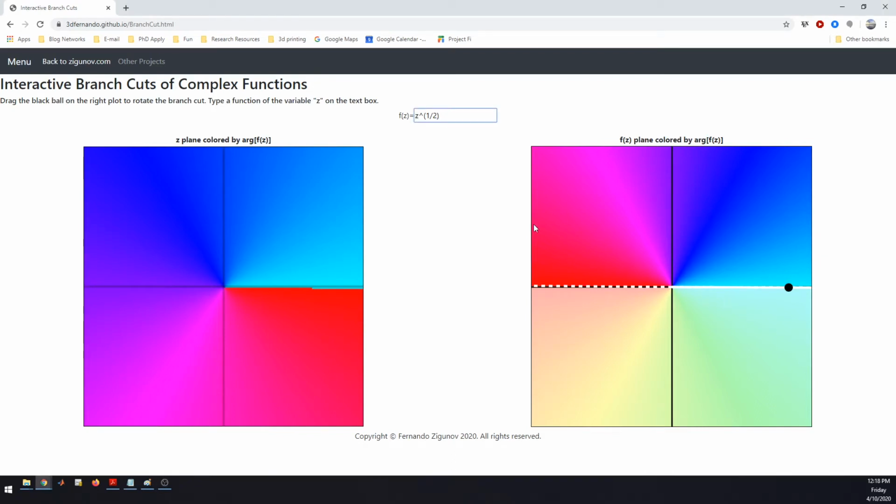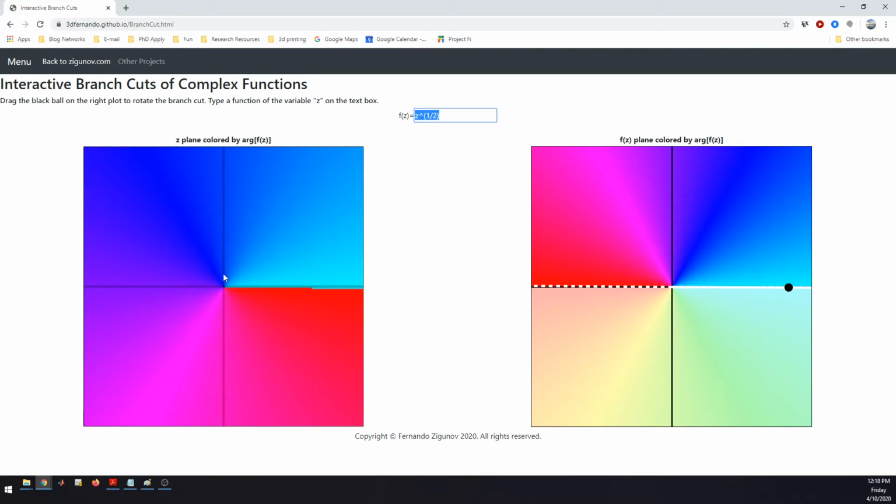Okay, so this is another interesting thing that I would like to discuss. Here we're looking at just the square root function of z, and as you can see here, the branch cut of the function is now placed at the origin in the z-plane. But you can see that the z-plane is fully colored, whereas the f-plane is not, and this is just because,